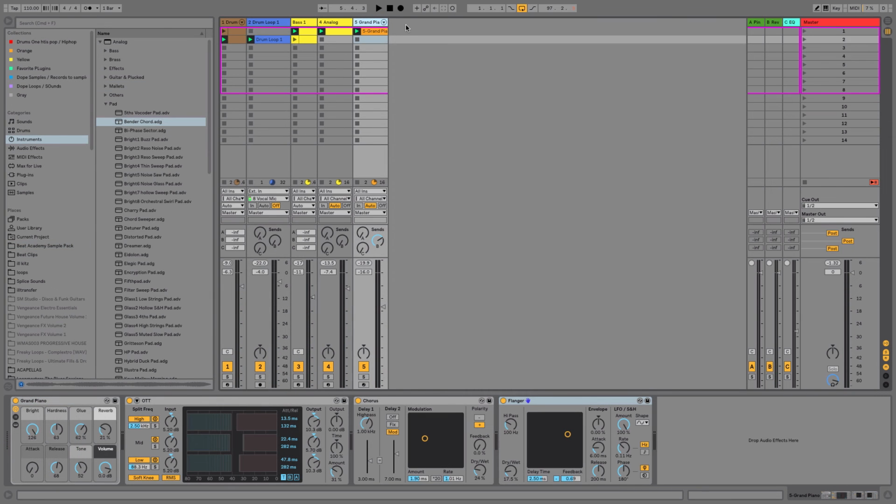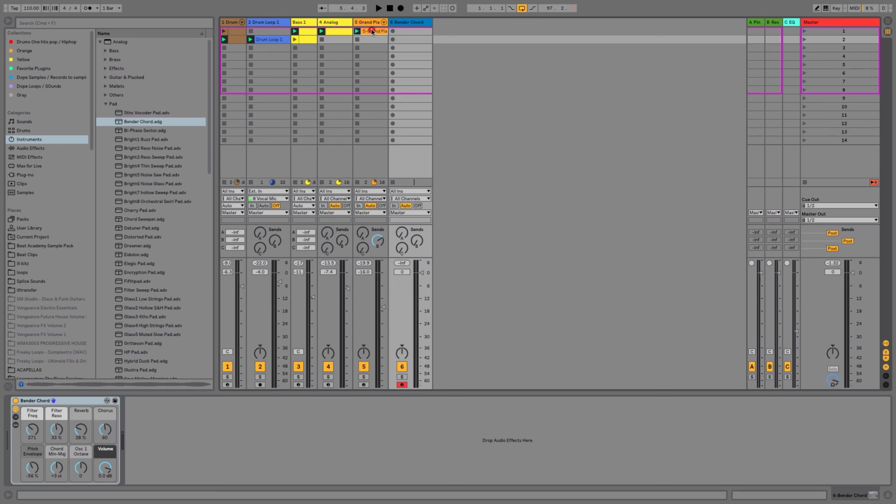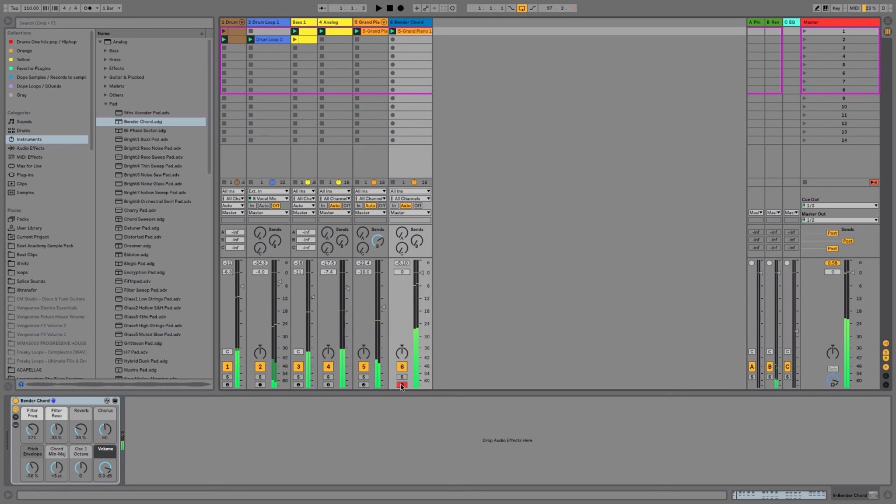Now let's have a pad layered with the pianos. So let's go ahead and open up the Analog again. We're just going to go to the pad section here. That's a cool tone, so we'll use the Bender Chord preset, drag and drop that, and let's drag and duplicate the piano riff. So if we solo this,